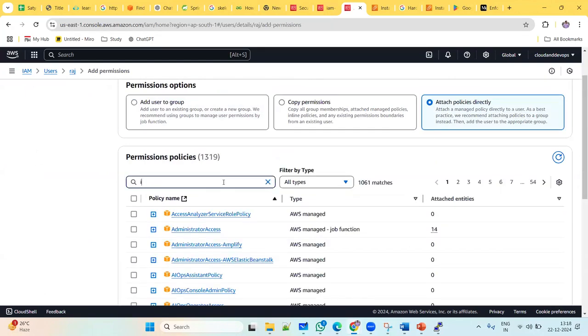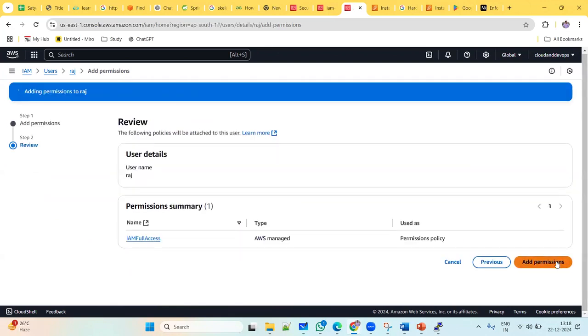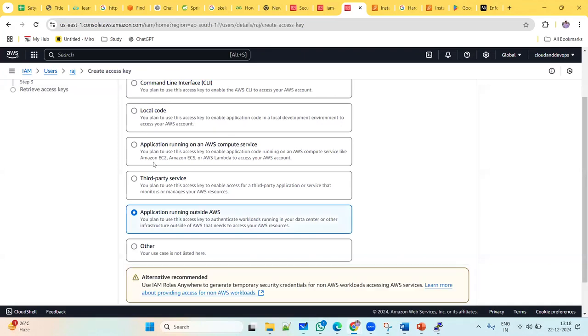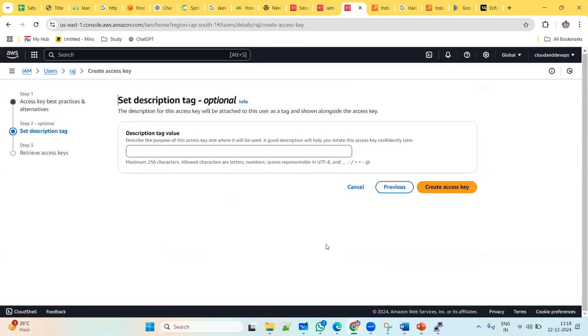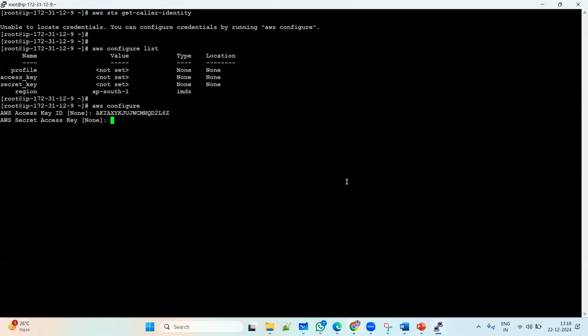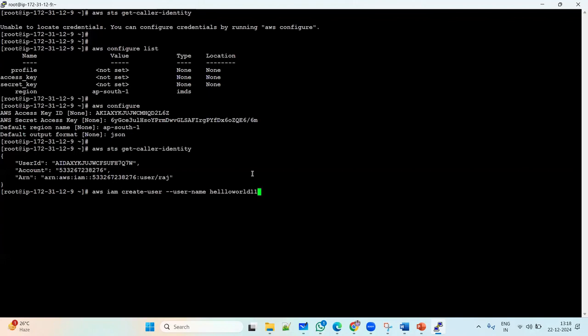एडमिन एक्सेस और फुल एक्सेस। IAM फुल एक्सेस, ठीक है। कॉपी, नेक्स्ट, असाइन परमिशन, ठीक है। सिक्योरिटी क्रेडेंशियल्स में गया और यहाँ जाके एक्सेस की जनरेट कर लेगा। ये एक्सेस की मिल गया, ये एक्सेस की उठा के मैंने यहाँ डाल दिया, सीक्रेट एक्सेस की यहाँ डाल दिया, ठीक है। ये पूछेगा रीजन, वो अब लिखना पड़ेगा ap-south-1 और आउटपुट जेसन। अब इसके बाद मैं STS get-caller-identity करूंगा तो ये बताएगा किस यूजर का आइडेंटिटी यूज हो रहा है।